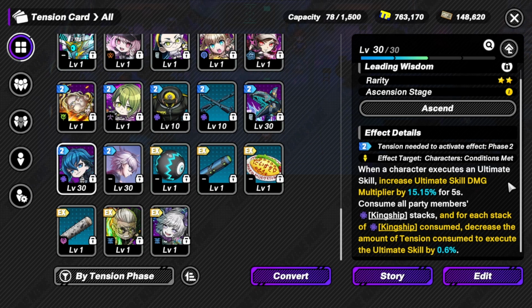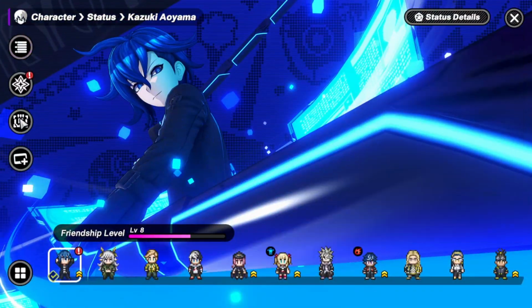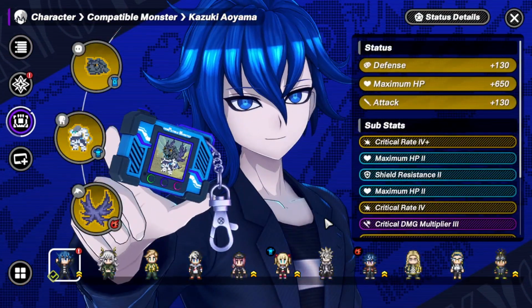And also, since Kazuki's a break character, you can always break the enemy bosses really quickly to hit tension 2, so the detriment of starting at tension 1 isn't even that bad. And then obviously we have the Patimons that you can use on him. I think that if you're going the main DPS route, like I said earlier, you can actually go for an